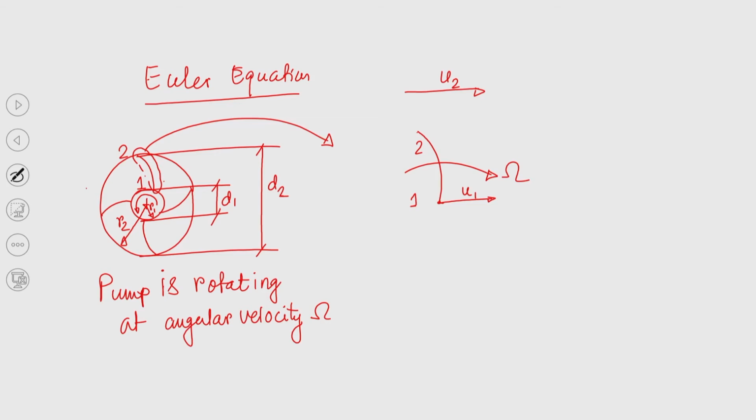So, we will have relative velocity, as it is written in many undergraduate textbooks. What do you mean by relative velocity? That is the relative velocity of the fluid, so fluid velocity relative to the blade velocity. Here u1 and u2 are the blade velocities at the inlet and outlet of the blade. So, the velocity of the fluid relative to the blade velocity is the relative velocity. So, this is W1,